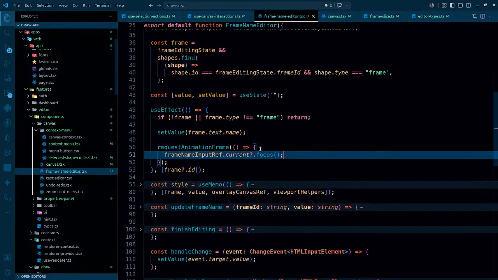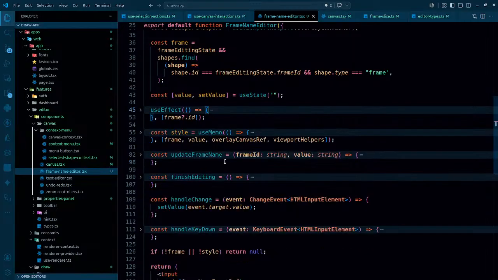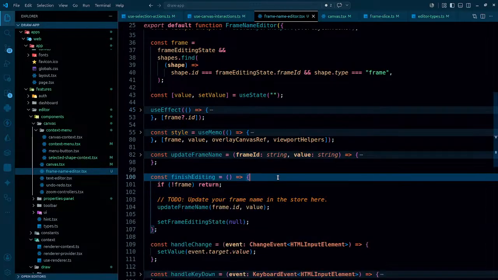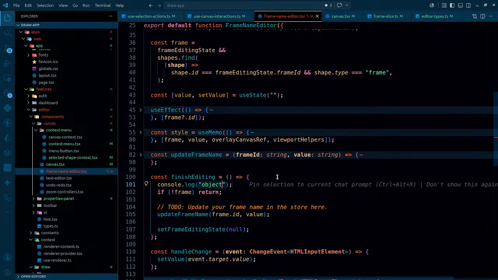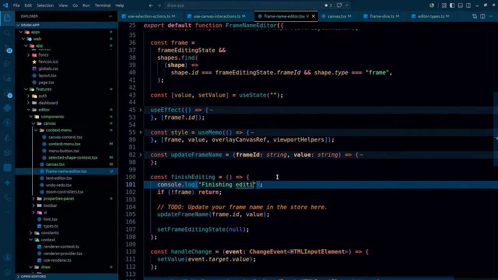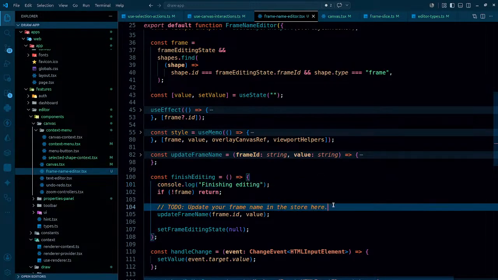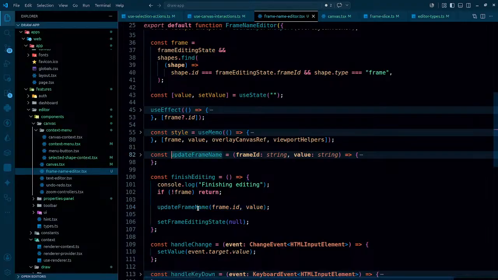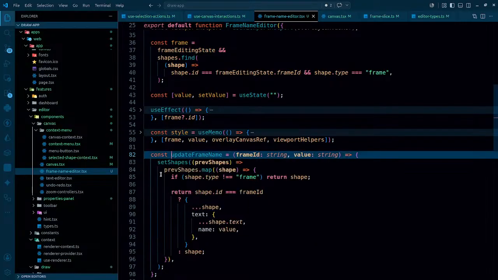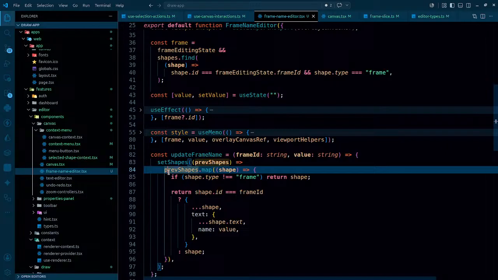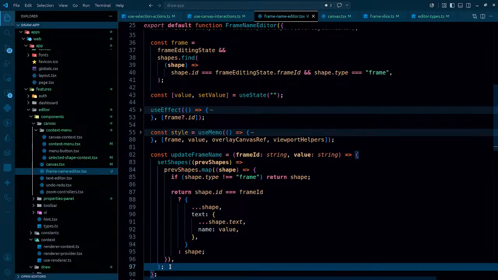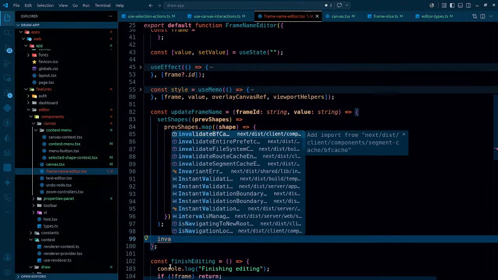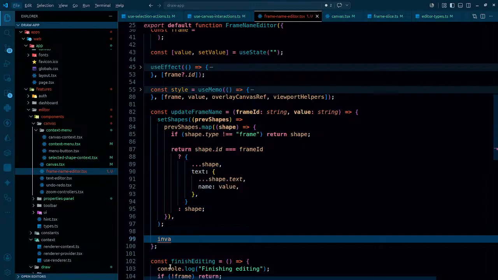Let's not worry about the state as well. First of all, let's focus on this part. Finish editing, update frame name, simply updates the shape, and after invalidate, what do we have to do? Invalidate what? Probably scene. To invalidate the scene, we need to have